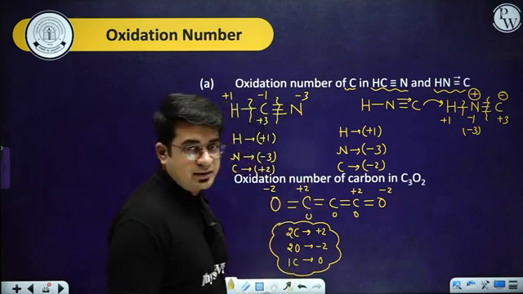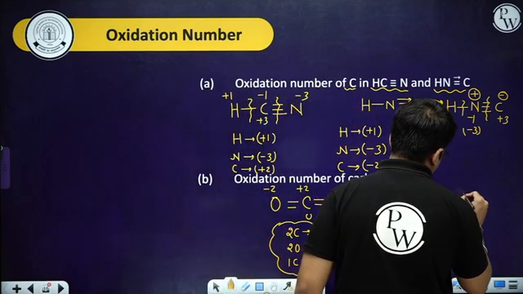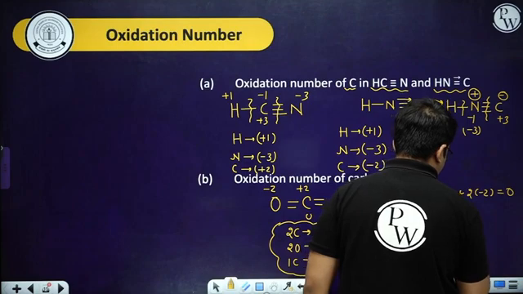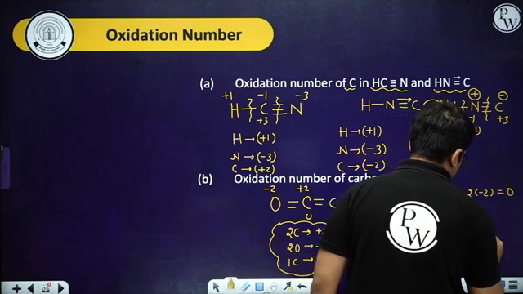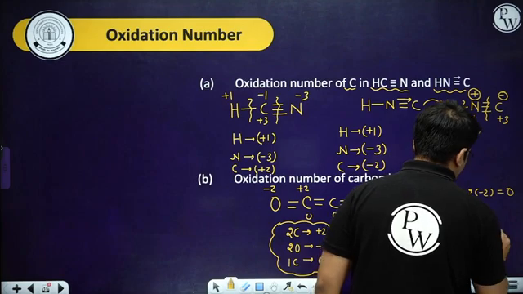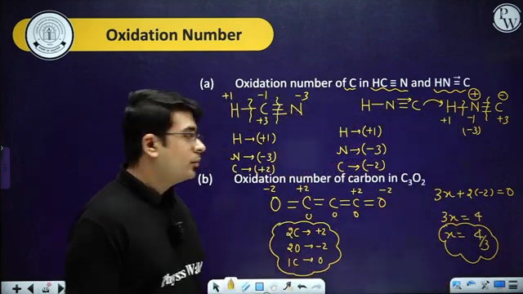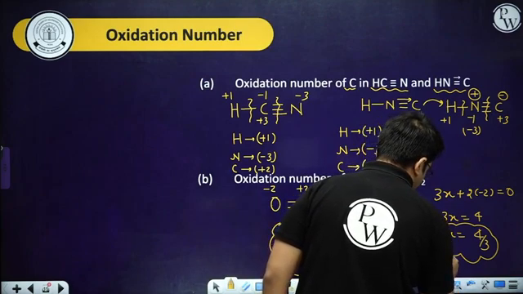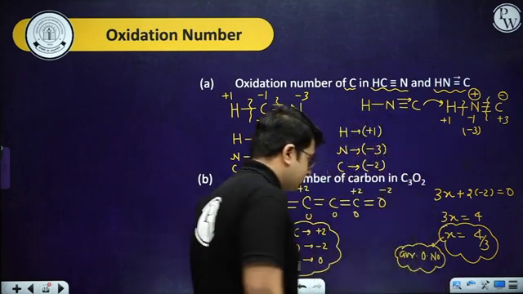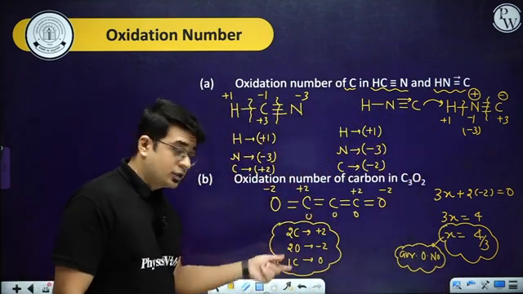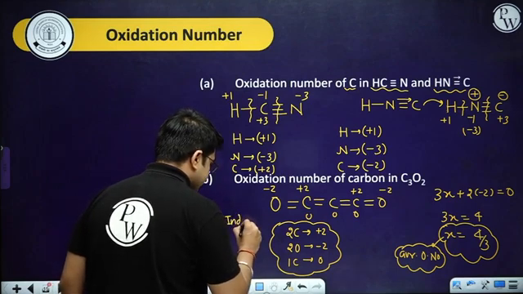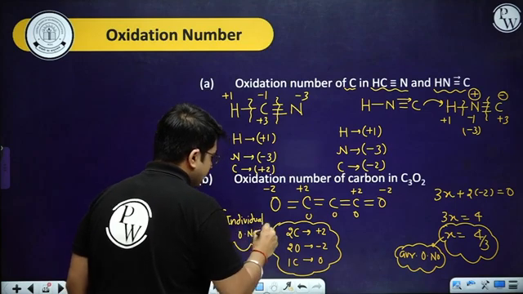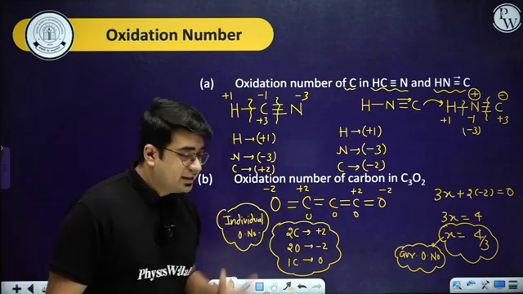But if I want to calculate this entire part, I can say 3 carbons are there having X oxidation number plus 2 multiplied by -2, that will be equal to 0. So 3x will be equal to 4, x will be equal to 4 by 3. You can see in this formulation, this X is basically nothing but the average oxidation number. These are the individual oxidation numbers. So there is a difference between the individual oxidation number and the average oxidation number.